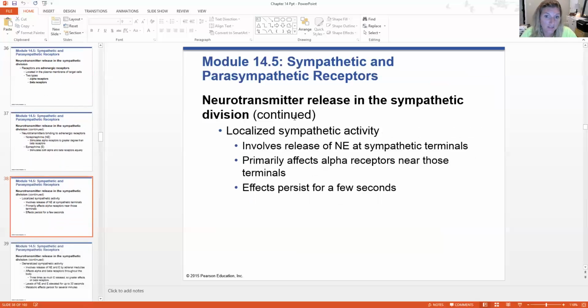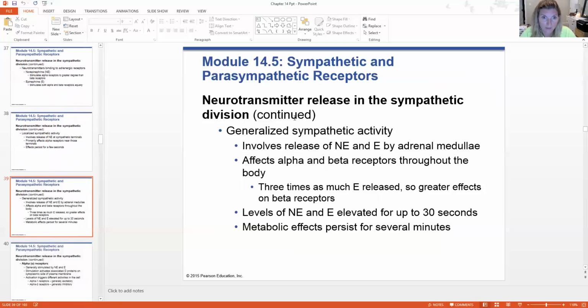Localized sympathetic activity typically involves a release of norepinephrine at the synaptic terminals and primarily affects the alpha receptors near those terminals. The effects last for just a few seconds. Generalized sympathetic activity involves epinephrine and norepinephrine being released by the adrenal medulla, affecting both alpha and beta receptors. 3 times as much epinephrine is released, so it has a greater effect on those beta receptors. So the effects are more long-lasting, can last up to 30 seconds, and metabolic effects can persist for several minutes